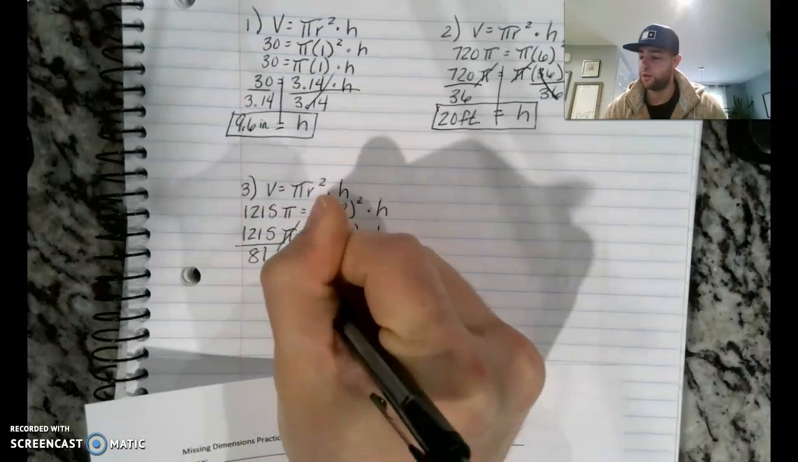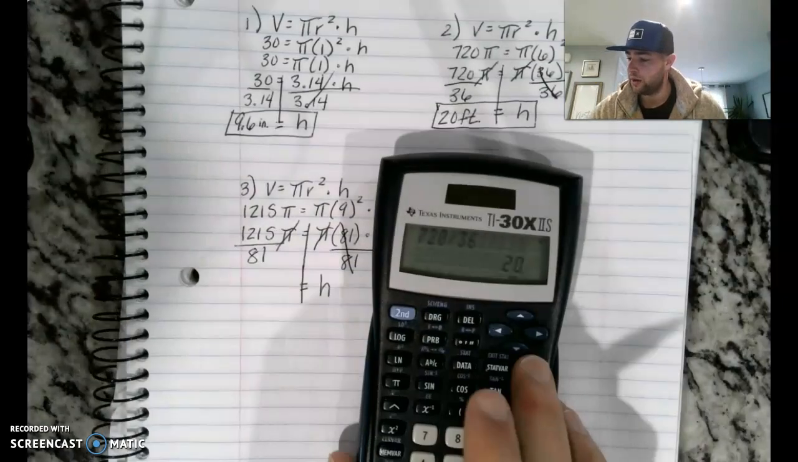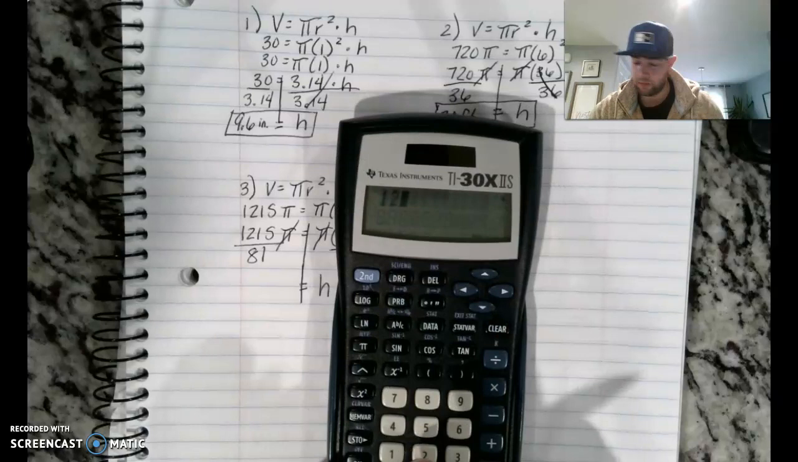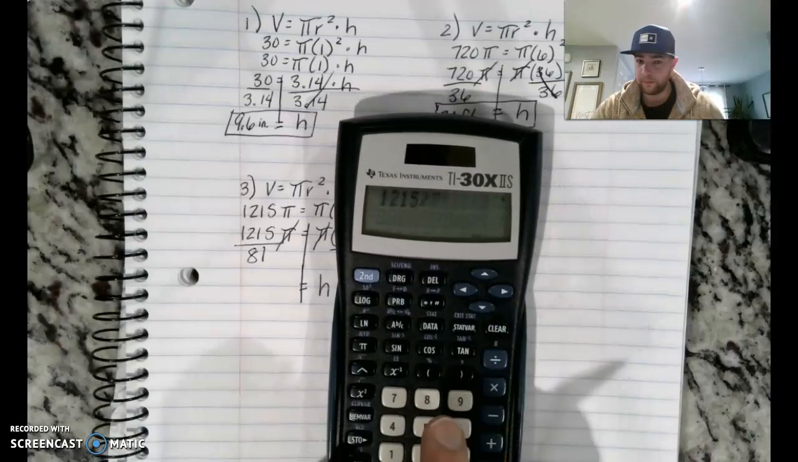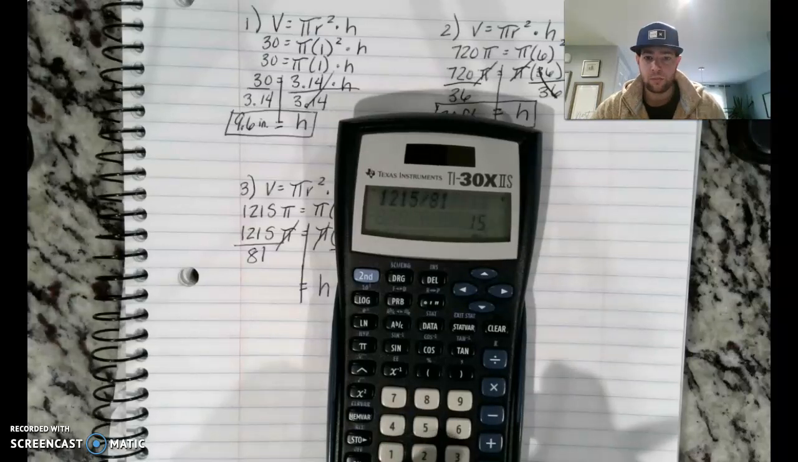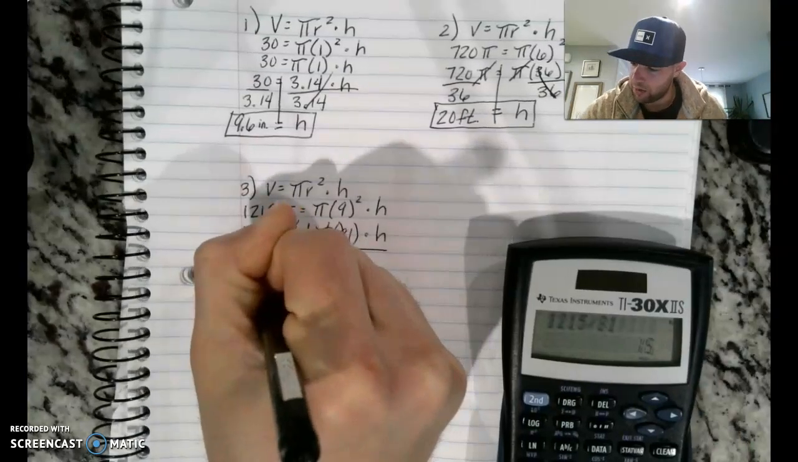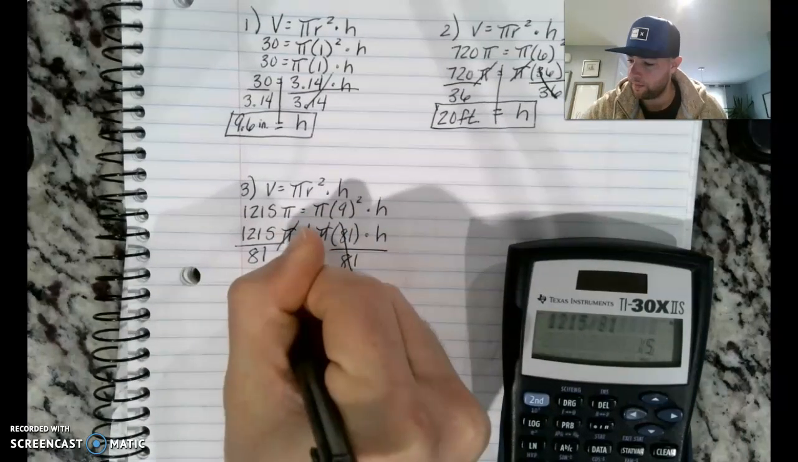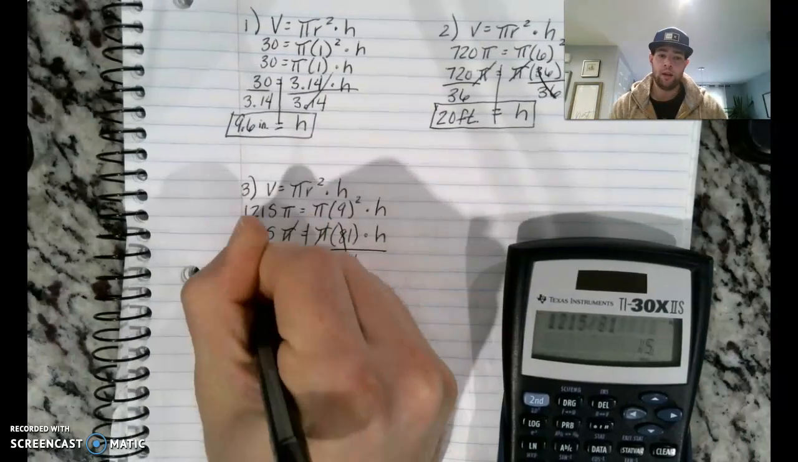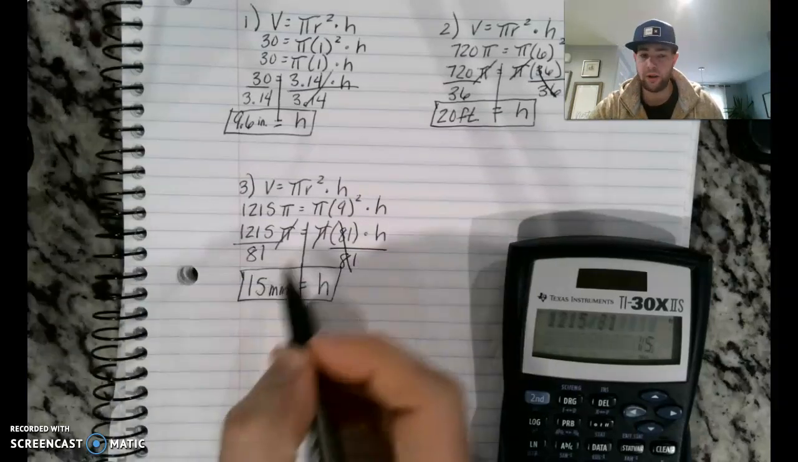And then in our calculators, we're going to do 1,215 divided by 81. And again, we get a nice whole number of just 15. And for this problem, they gave us units of millimeters. And then again, a good way to check this is what we can do. If you're not sure if you have the right answer, we can plug 15 into our equation for h